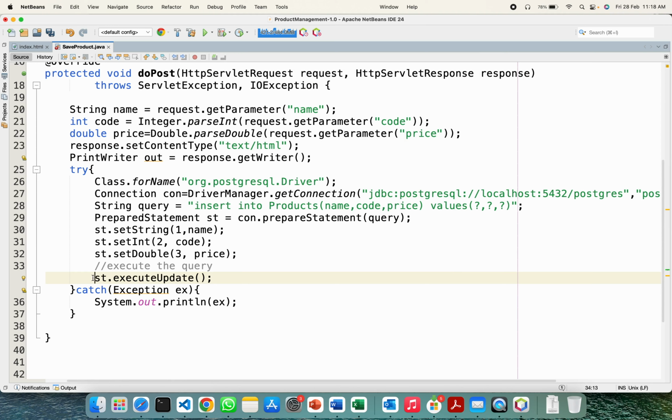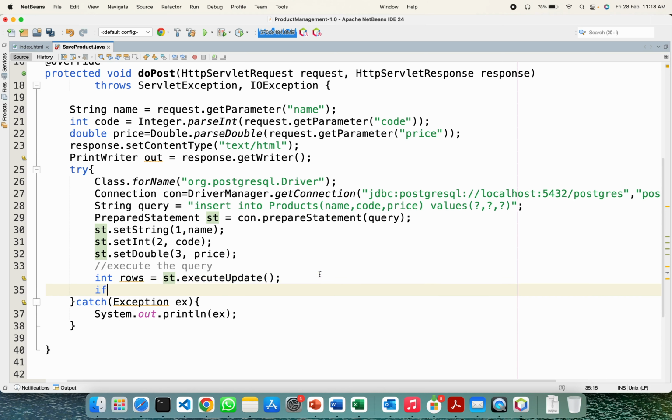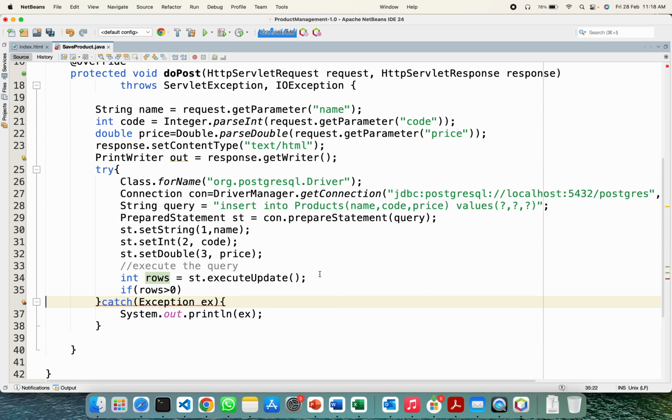So we store the number of rows inserted in a variable. If this value is greater than 0, we can ensure that the data is inserted successfully. Then we can print out.println